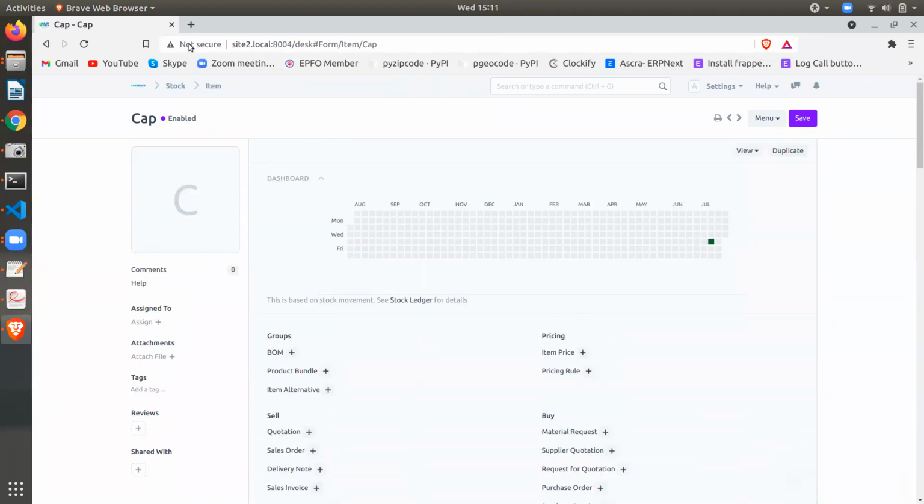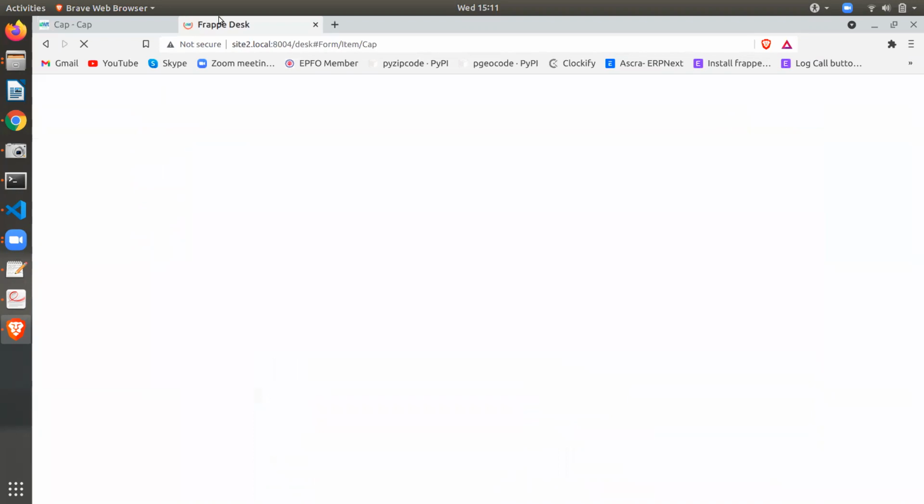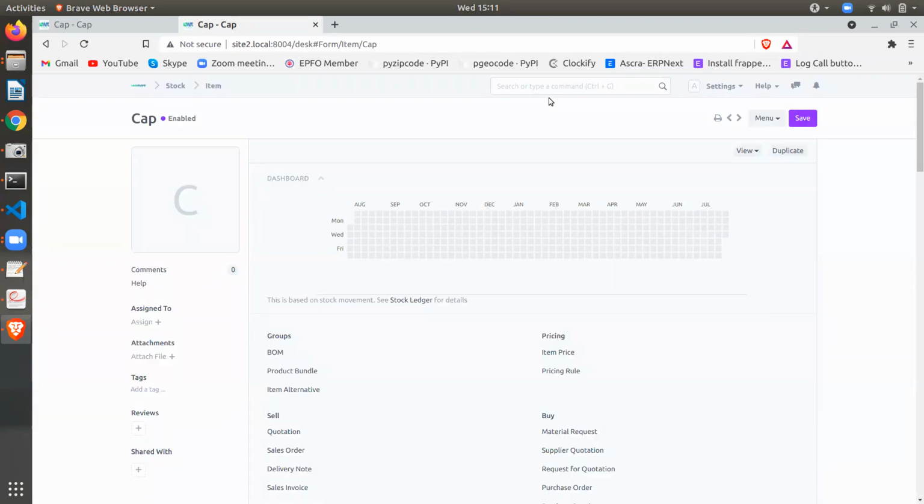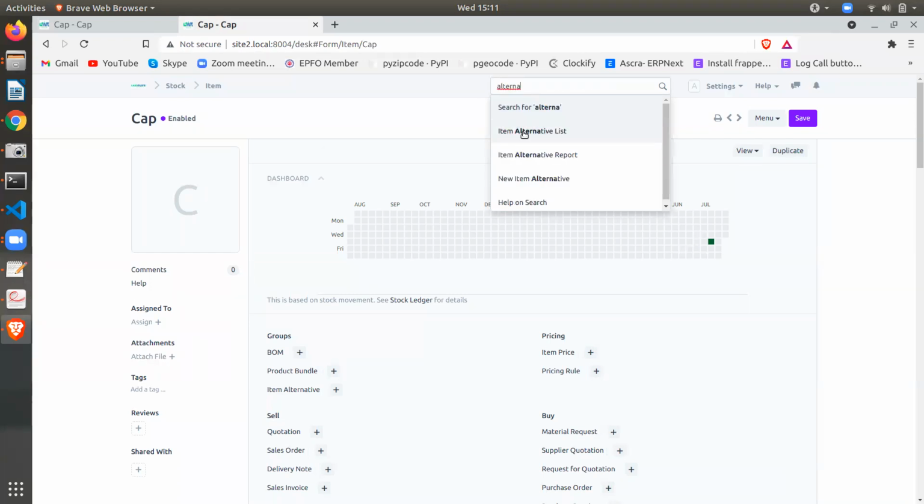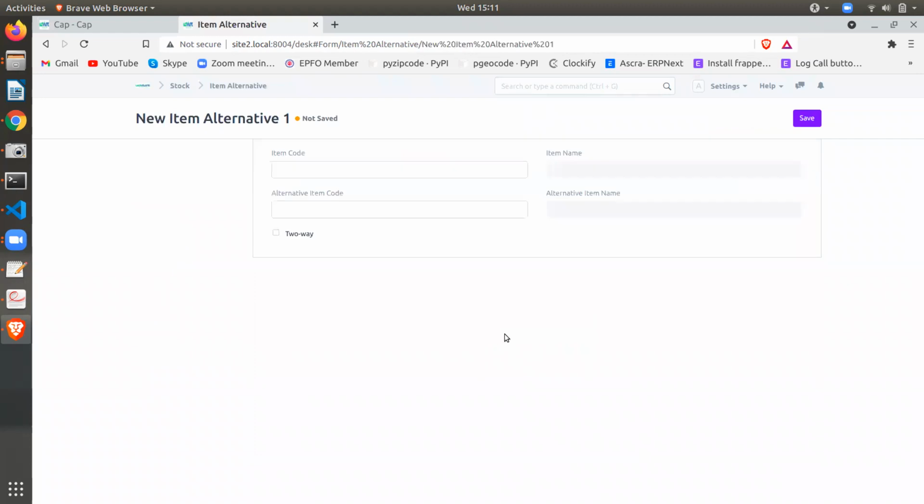On the alternative item screen, we need to define what the alternative item for this item is. So we will go to the alternative item list. Here we need to define the alternate item for this cap. I'm mentioning metal cap as the alternate item for cap.